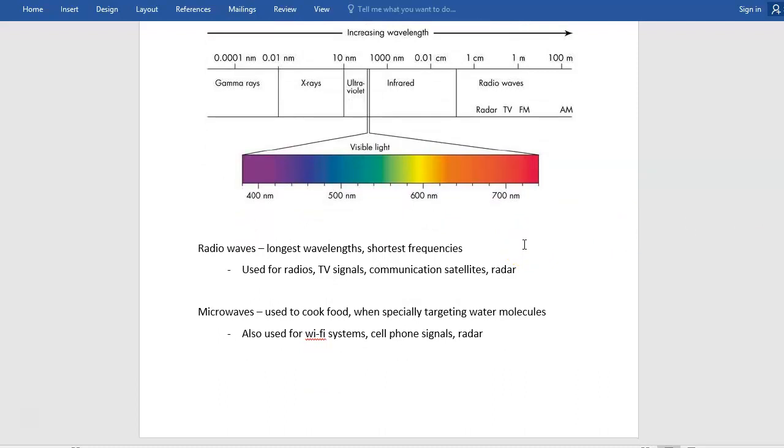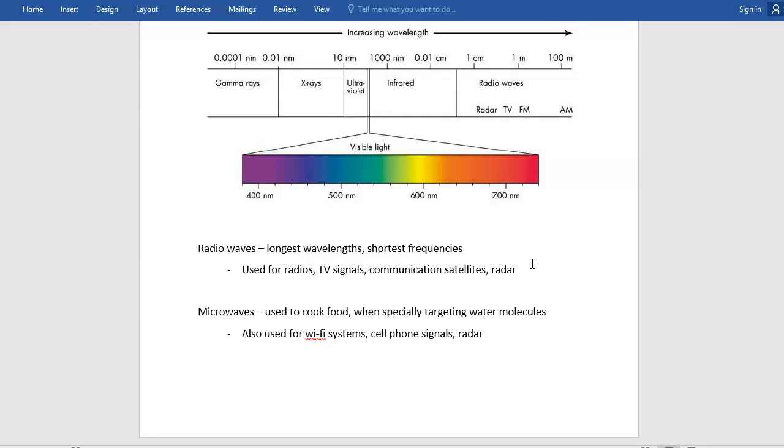Radio waves have the longest wavelengths and the shortest frequencies. As you might expect, they're used for radios, for hearing the music we like to listen to in the car, but they're also used for a lot of other things as well. TV signals travel through radio waves, communication satellites use them, radar uses it. We actually have an entire government division that is